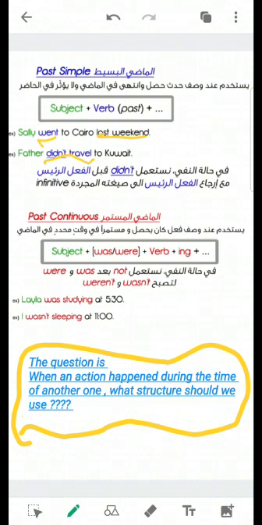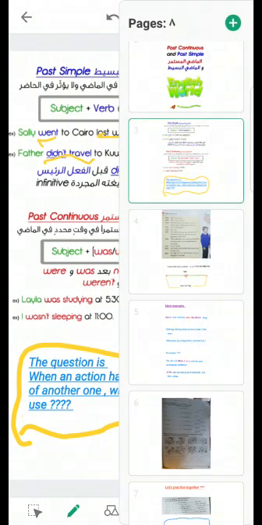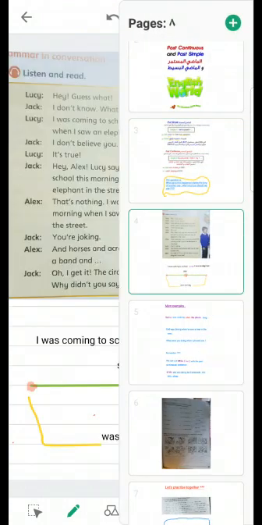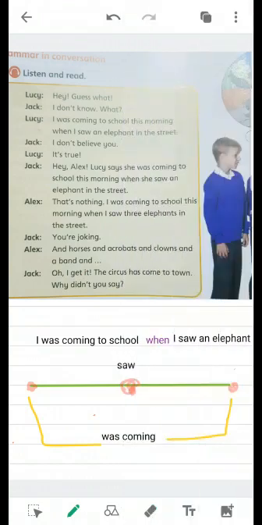Our question is, when an action happened during the time of another one, what structure should we use? لو حدث فعل في نفس الوقت الذي كان هناك فعل آخر مستمرا في الحدوث، فيأتي هذا الفعل وقد قاطع زمن حدوث الفعل الآخر. ما هي الصيغة التي سنستخدمها للجمع بين هذين الفعلين والربط بين هاتين الجملتين؟ So,